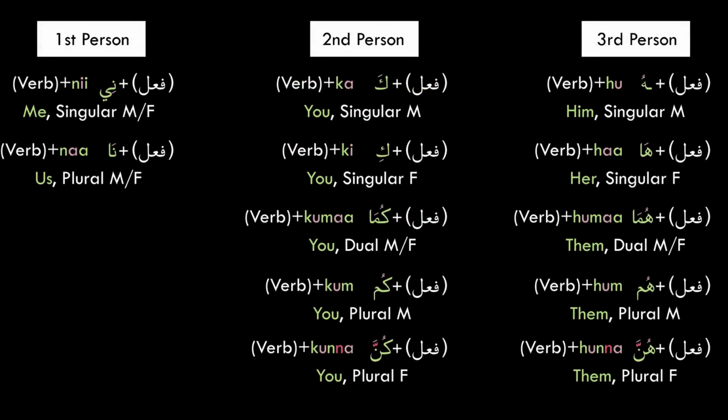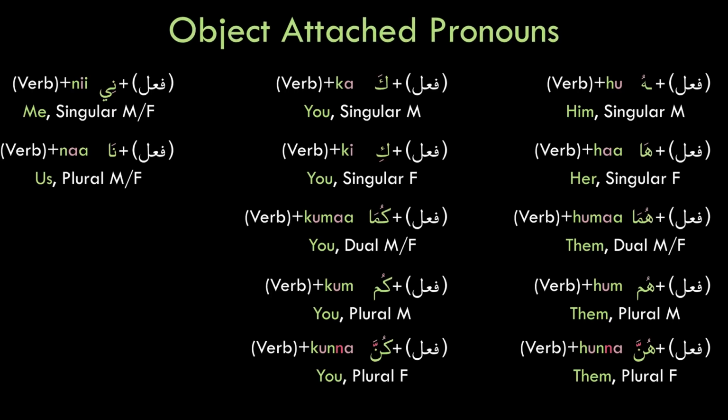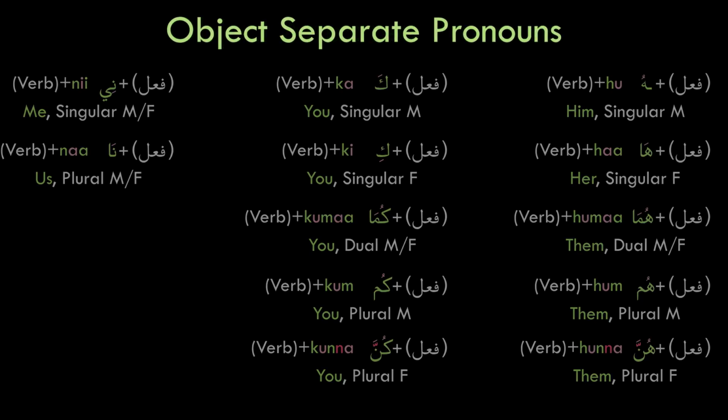We call those suffixed letters object-attached pronouns because they play the role of the object in a verbal sentence and they are attached to a verb. But because of the diversity of the Arabic language, I can also use separate pronouns rather than attached pronouns to play the same role. For example, if you want to say to someone, I address you alone, instead of saying